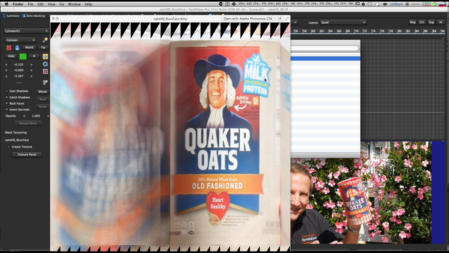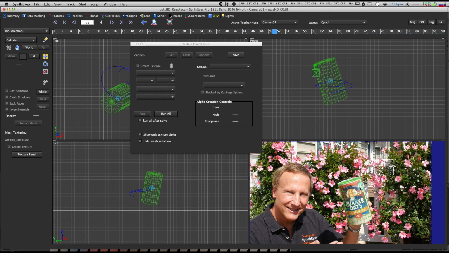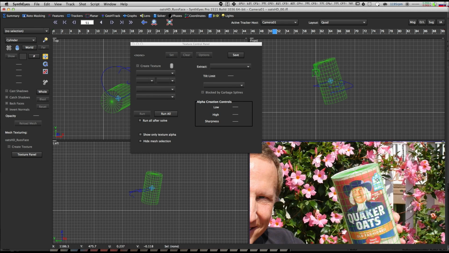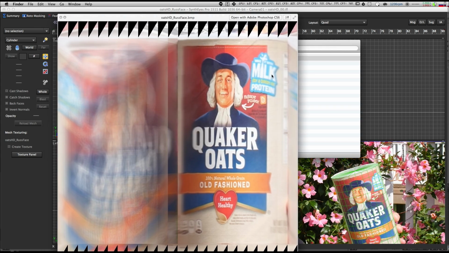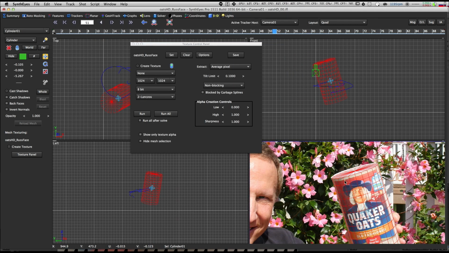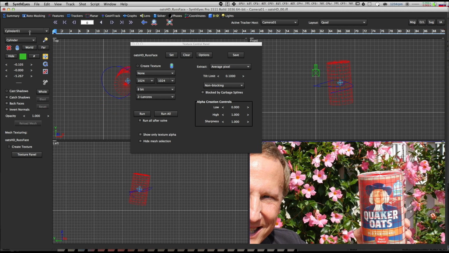As I get further to the edges, it gets a little blurry, which is a less accurate track. So when it gets into these areas here, there's a little more sliding, but you know, it's not a lot of sliding. It's just a little bit of sliding. These triangles up here are due to the fact of how it's unwrapping all these individual faces that are creating this mesh. So now that I've done that and I feel good about that, I'm just gonna disable create texture